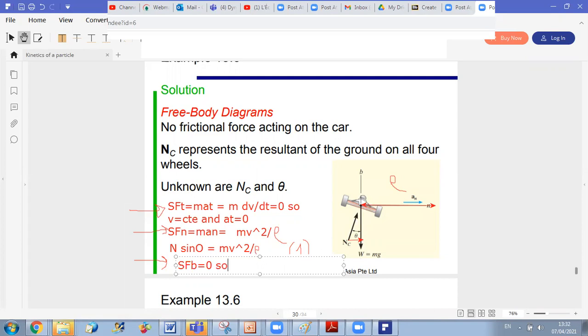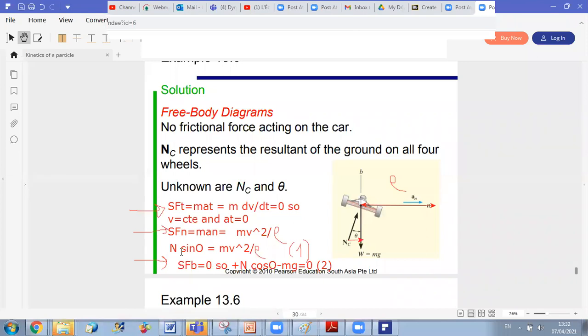So plus N cosine theta minus W, so minus mg, equals 0. This is equation number 2. Since my purpose is to determine the expression of angle theta, so